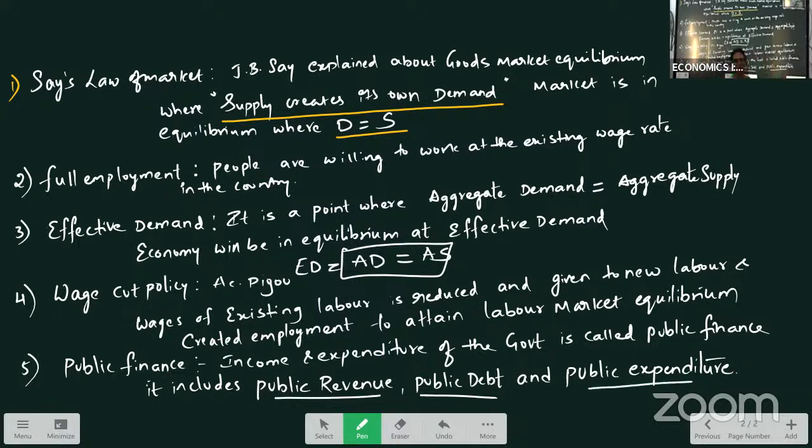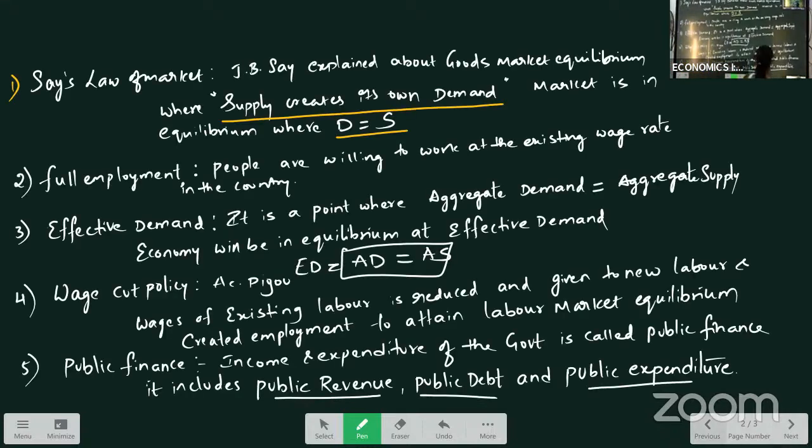Public expenditure is the expenditure done by the government on various economic activities such as defense, pensions, scholarships, loans, and grants to the state government and foreign governments. Economic and general services done by the government are called public expenditure. Hope you understood all these three VSAQs. Now, the next question you have